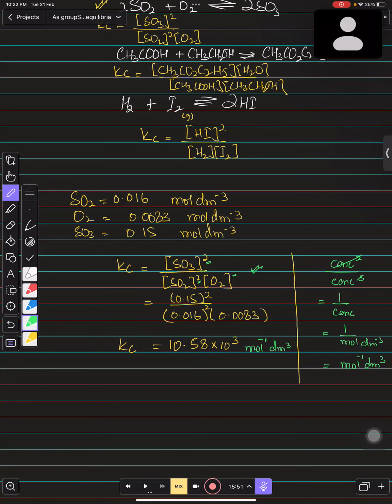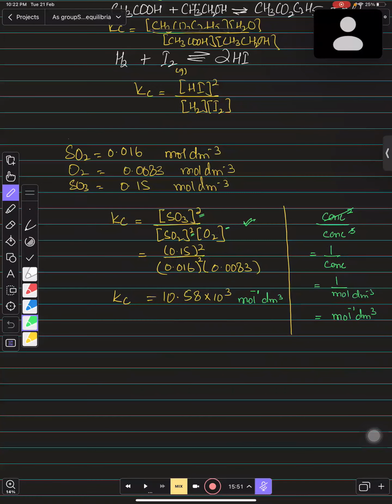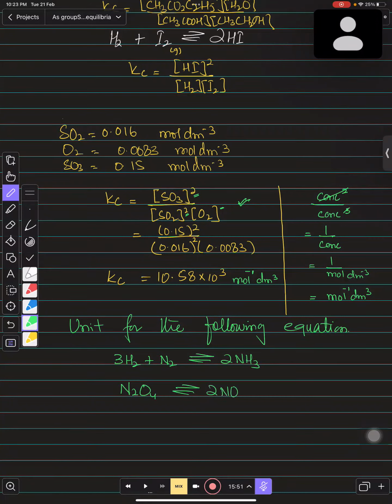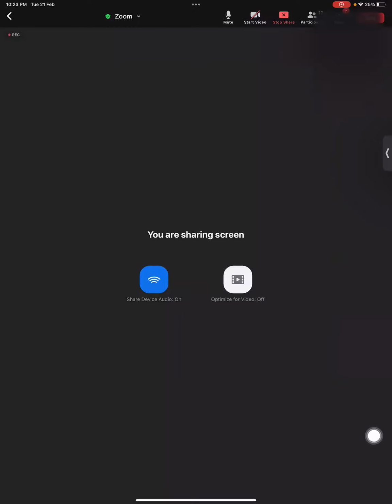चलें अब जरा जल्दी से मुझे फाइंड आउट करके दिखाइए यूनिट फॉर द फॉलोइंग इक्वेशंस, ठीक है ना। यूनिट ऑफ केसी निकालना है आपने, एक्सप्रेशन निकाल के आप यूनिट ऑफ केसी निकाल सकते हैं। फॉर सपोज आपके पास अमोनिया की फॉर्मेशन वाली इक्वेशन है, सो व्हाट वुड बी द यूनिट ऑफ दिस इक्वेशन का जो केसी होगा उसका यूनिट क्या होगा। फॉर सपोज अगर आपके पास ये वाली इक्वेशन है तो इसका यूनिट ऑफ केसी क्या होगा, जल्दी से इसको निकाल लीजिए, इसका भी पेपर में 1 मार्क के लिए पूछता है।